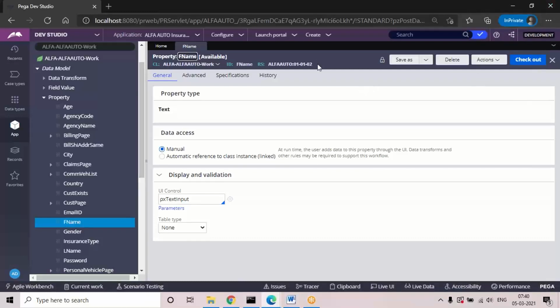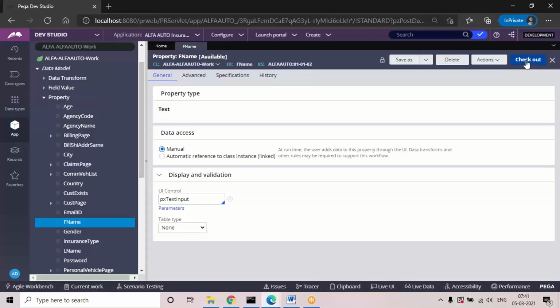Whenever the rule is in the latest version and any developer wants to open and modify that rule, they need to click on the checkout option. So if you want to open any rule and update it when it is in the latest version, you will get an option called checkout.